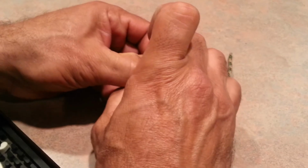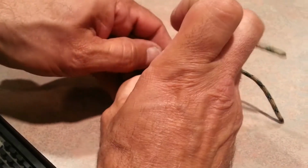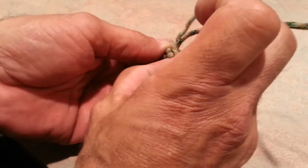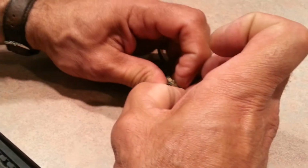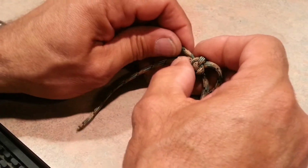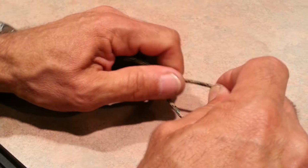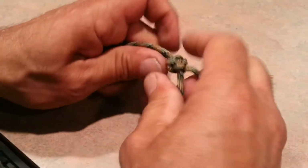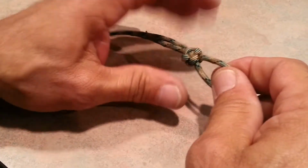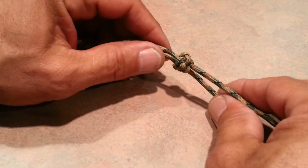So this knot here is getting pretty tight, and I don't really want to make it as tight as it can be because they're real hard to take apart then, and I want to take this back apart. And I want to get it as tight as I can to show you. Okay. So if you go around this particular knot one more time and pull it real tight with the tip of your multi-tool,